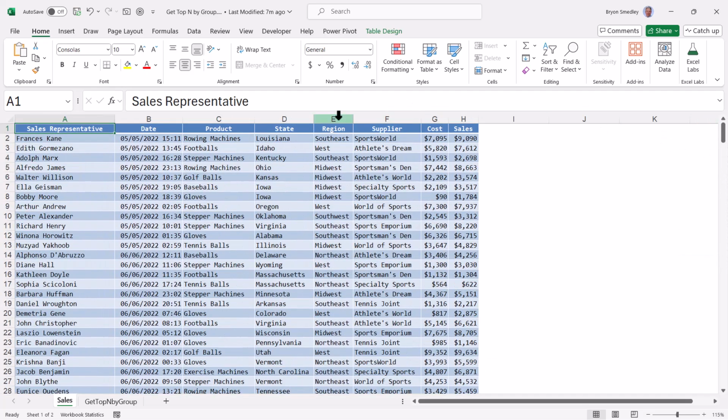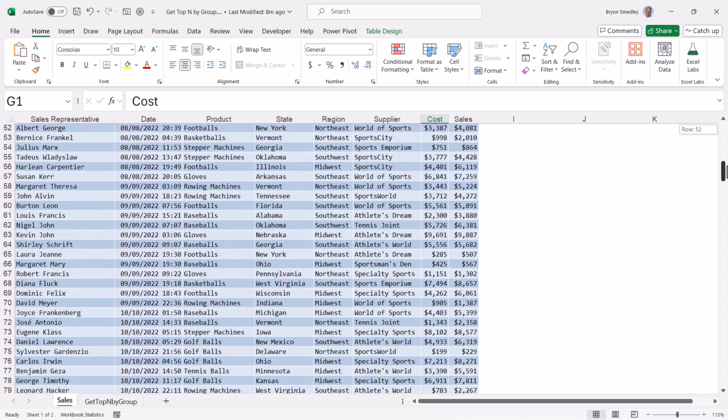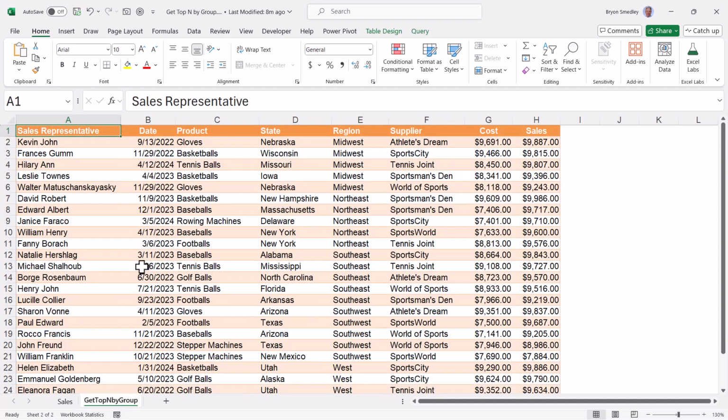So we've got the region column here, and the region is only comprised of 5 regions. We've got the Southeast, the West, the Midwest, the Southwest, and the Northeast. So I want a reduced table that only gives me one of each region, but the top 5 sales for each region, and I want the complete record for each of the top 5 sales. So starting with this table that has about 350 entries in it, I want to reduce it down to this